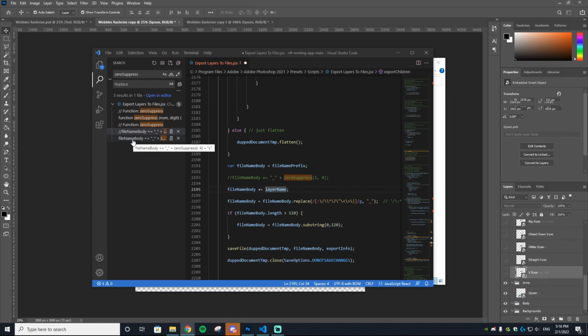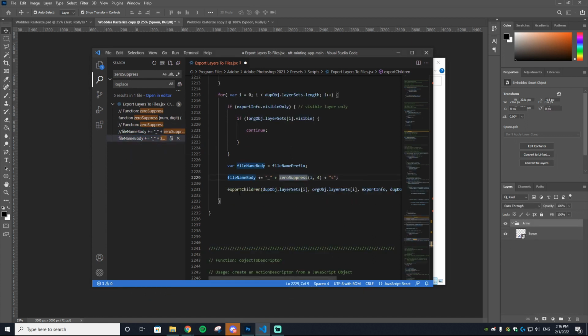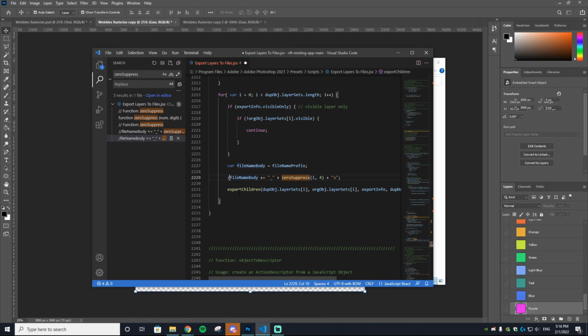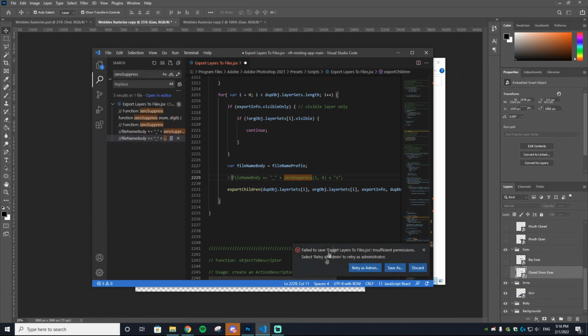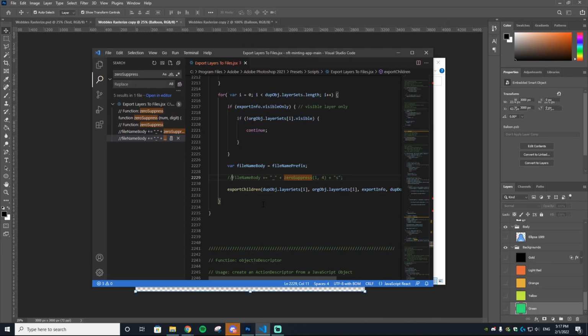Then the last thing you want to do is go to the last file name body and also comment this out by hitting this // and bam, you are done. That was that easy. Go to file and save. Now you're going to get an error that's going to say you need to be an administrator. All you have to do is hit retry as administrator and then hit yes to saving, and bam,